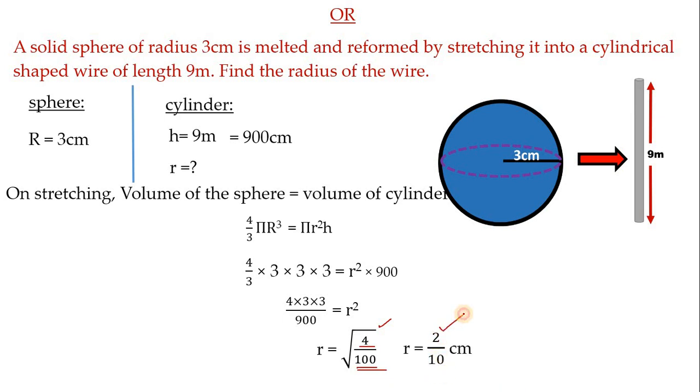Now convert this into decimal. In denominator 10 is there. Whenever it has multiples of 10, we can easily write it in decimal form. Numerator write as it is, that is the 2. In denominator, how many zeros are there? 1 zero is there, so 1 digit backside, keep the point. And here you write 0. So 0.2 is the answer. So 0.2 centimeter. This is the answer of this problem.